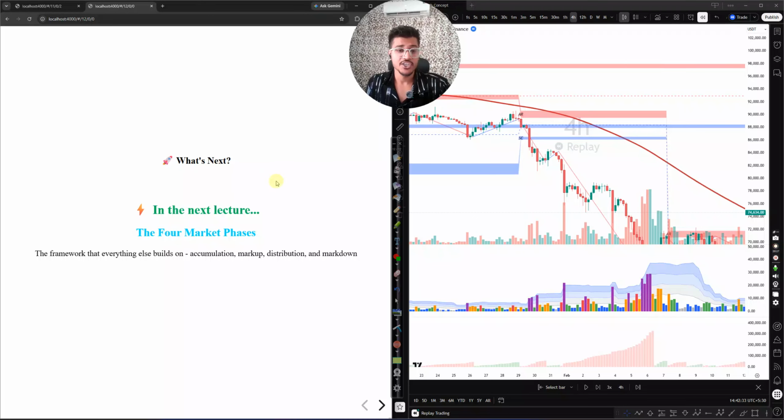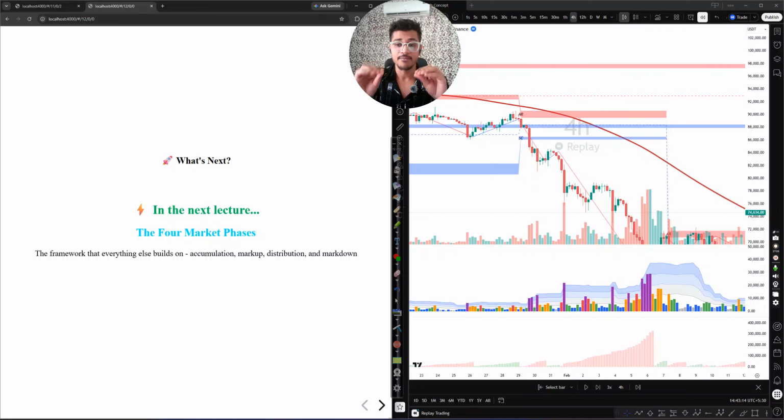In the next lecture, I'm going to teach you guys the 4 phases of the market. This is the framework that everything else is built on: accumulation, markup, distribution, and markdown. So supply and demand is very fundamental to the next lecture. If you want to understand more, go back to this lecture and learn more. Because in other lectures, they're going to teach you theory or they're going to teach you practical. What I'm trying to do here is teach you theory and practical both